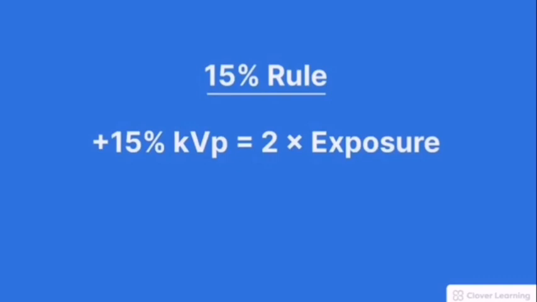The relationship between kVp and receptor exposure is actually defined by the 15% rule. As an example, if we increase kVp